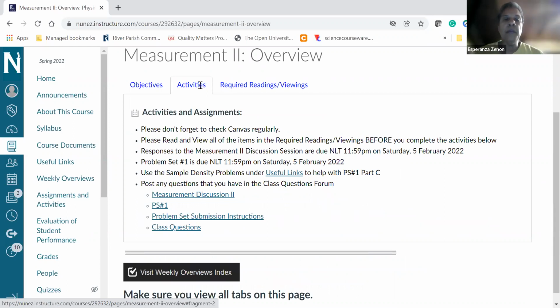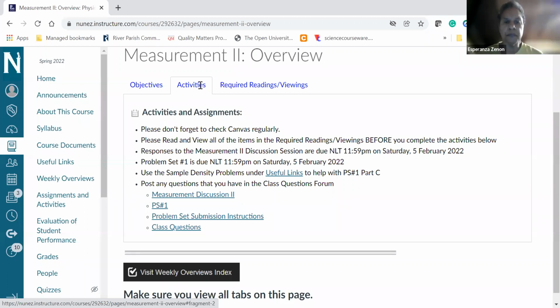So you have a measurement 2 discussion that's due by Saturday, the 5th of February, okay? And remember, for all discussions, you have to post your response, and then you have to go back and respond to 2 of your classmates regarding what they posted. And we'll take a little bit deeper look at this on Thursday to make sure that the instructions are clear before you move